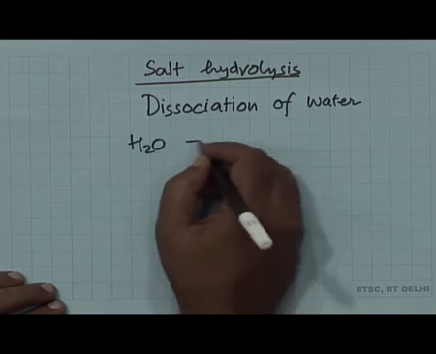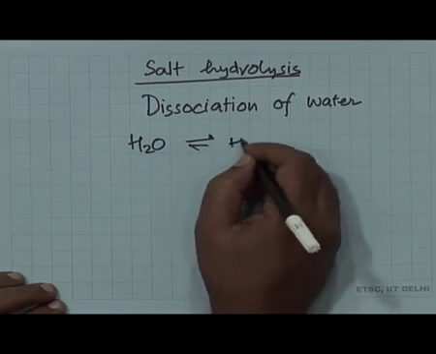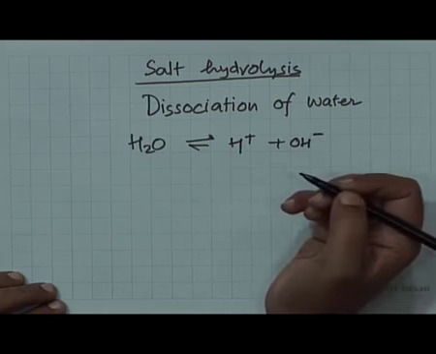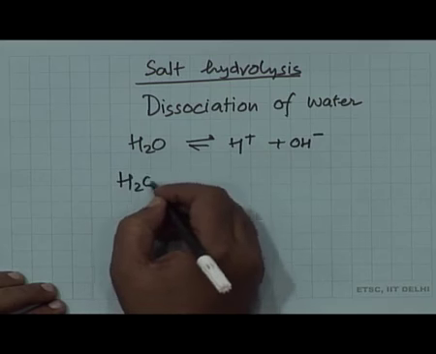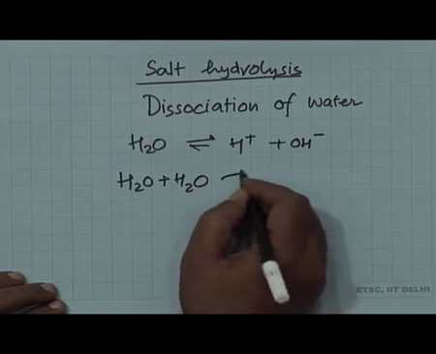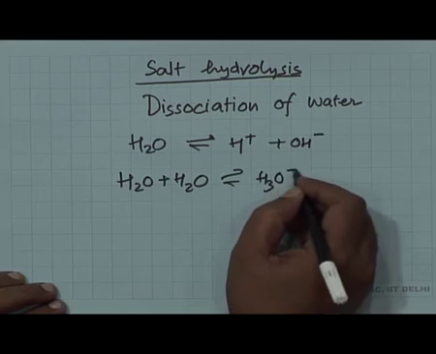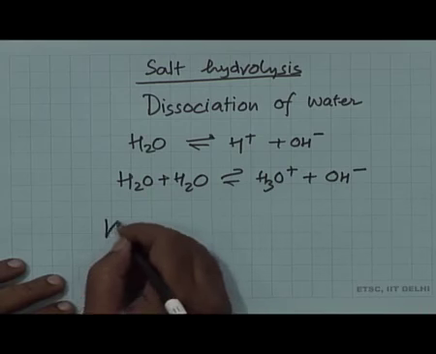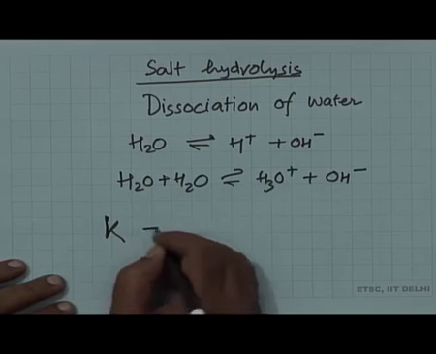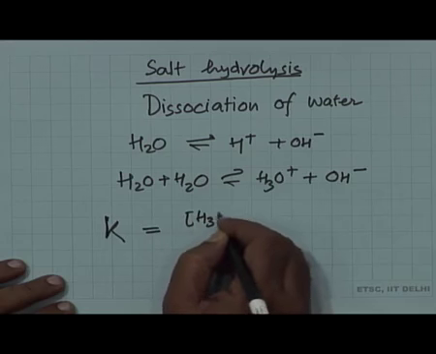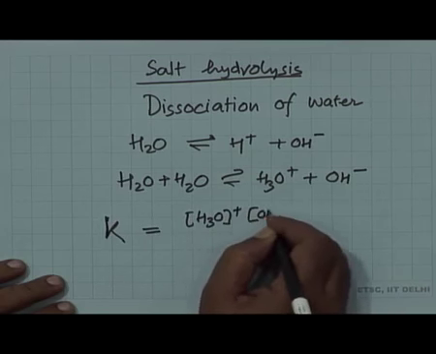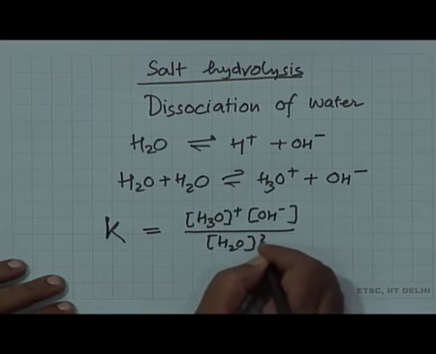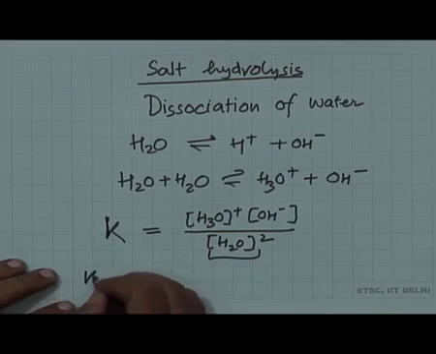So, water is also a weak electrolyte, and it gives you in the solution H+ and OH- ions. You can also write H2O + H2O giving you H3O+ and OH- ions. Okay. So, applying the equilibrium concept, K is equal to [H3O+][OH-] divided by [H2O]^2. And this is a constant. So, K into [H2O]^2